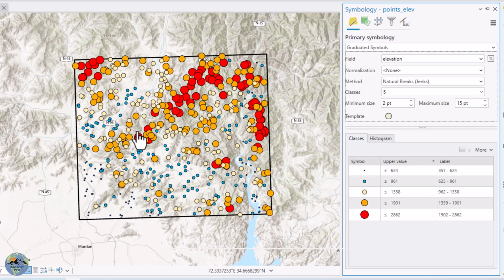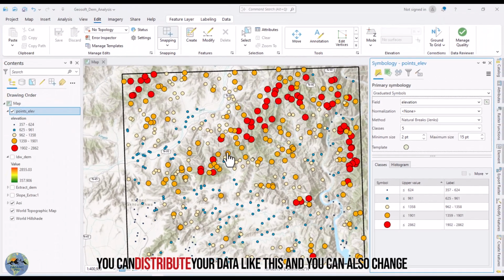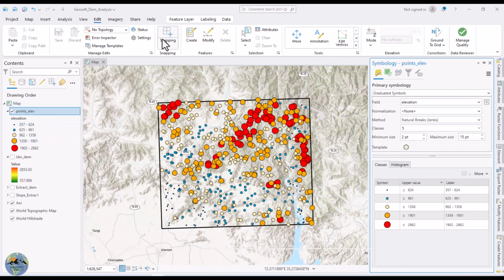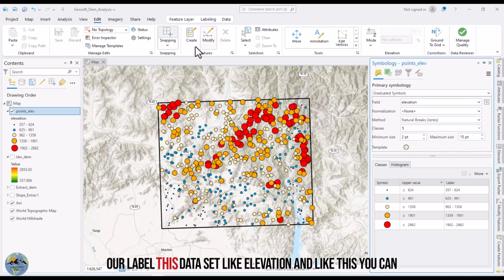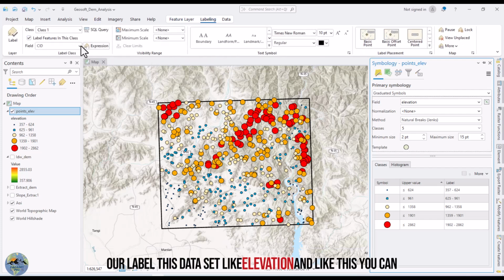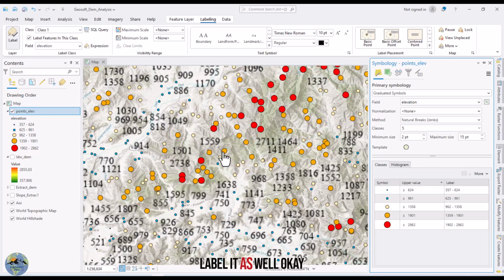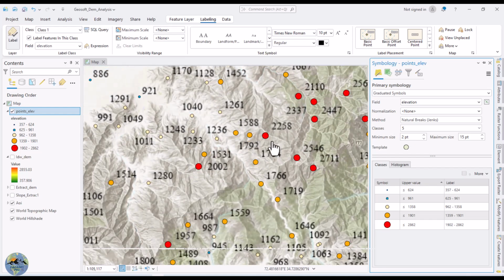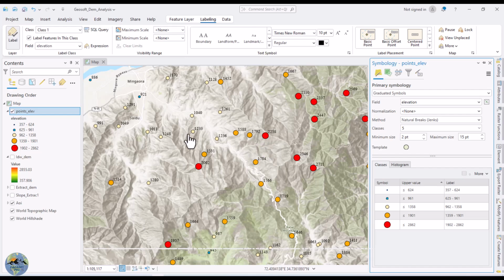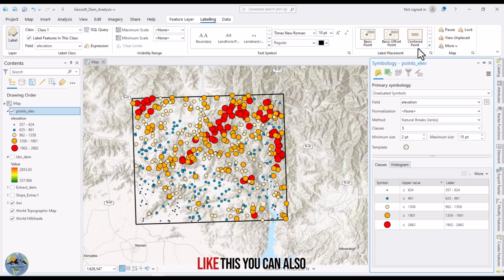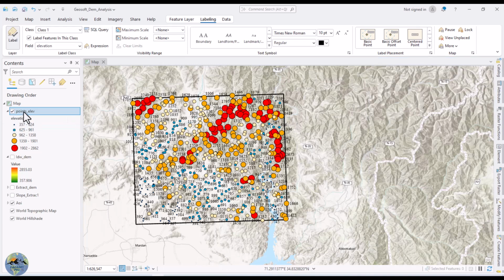So here you can distribute your data like this, and you can also label this data set, like elevation, and click label. Like this you can label it as well. So here you can also present your data like this. You can also change it into